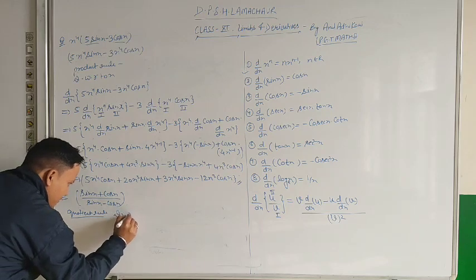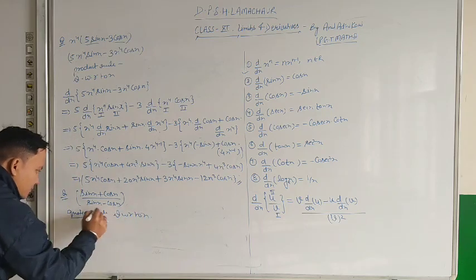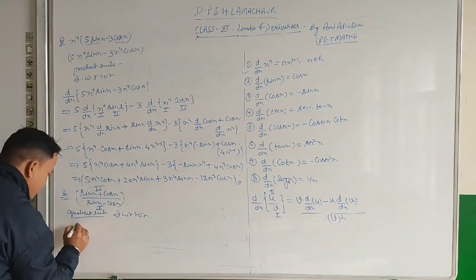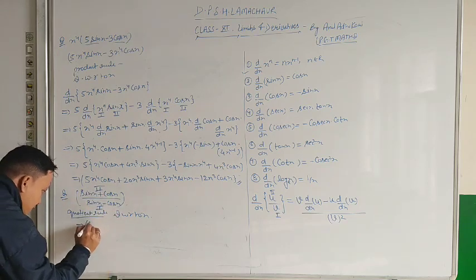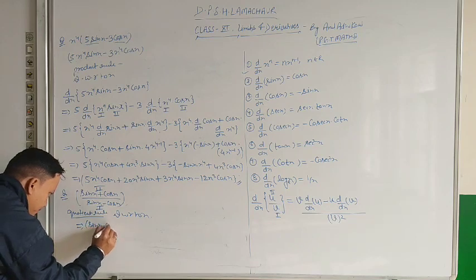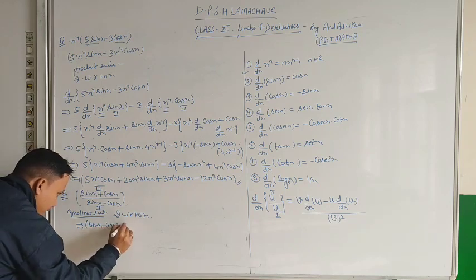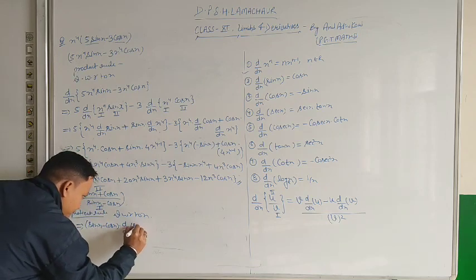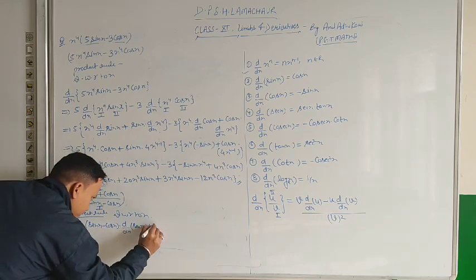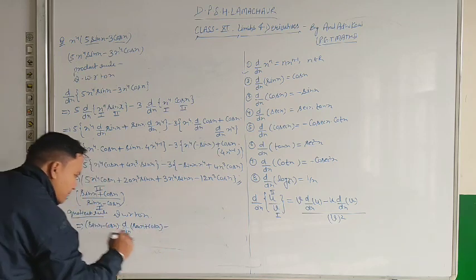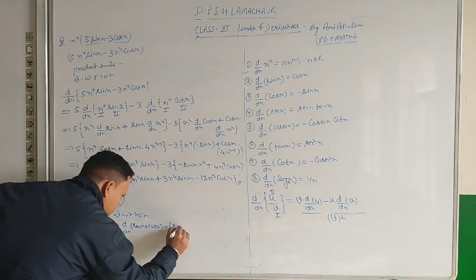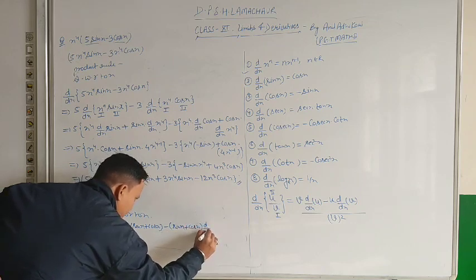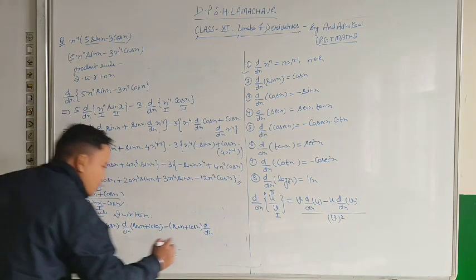So differentiate with respect to x. Let it be the first and let it be the second function. Now apply the formula. First function, which is sin x minus cos x, times the derivative of the second, which is sin x plus cos x, minus the second function times the derivative of the first, which is sin x minus cos x,